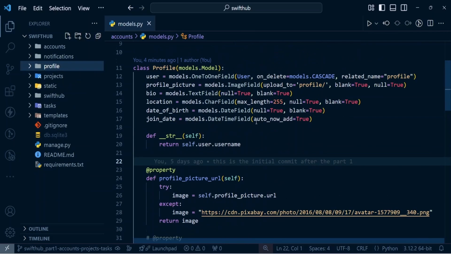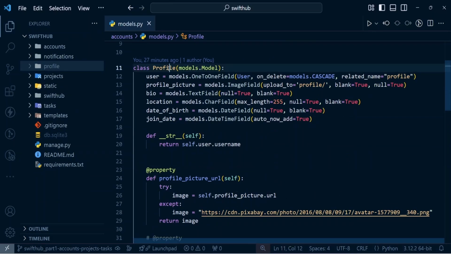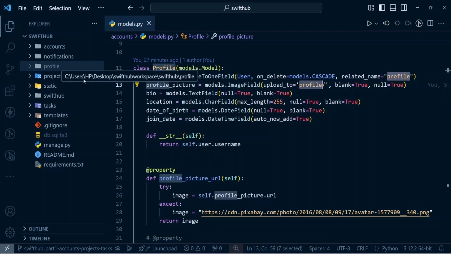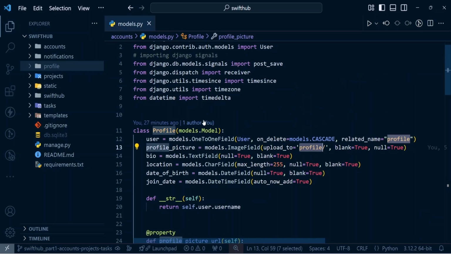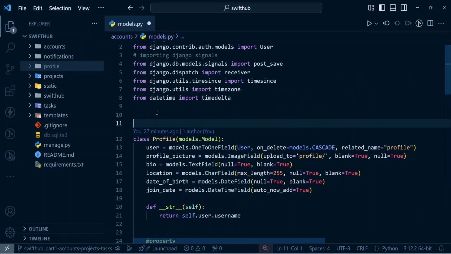Okay, so to do that, I'll have to open the accounts model, and by default you're uploading to the profile directory. That's why we have it here. So if I change the name here, it's going to create a different name right here. That's where we're uploading. Okay, so at the very top, I'm just going to come here and make a comment, a profile picture